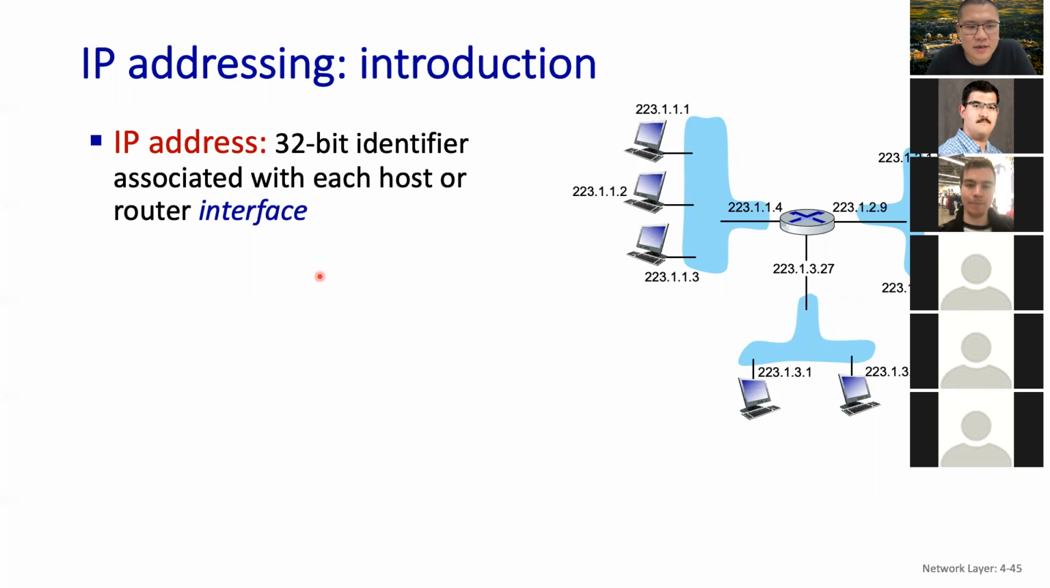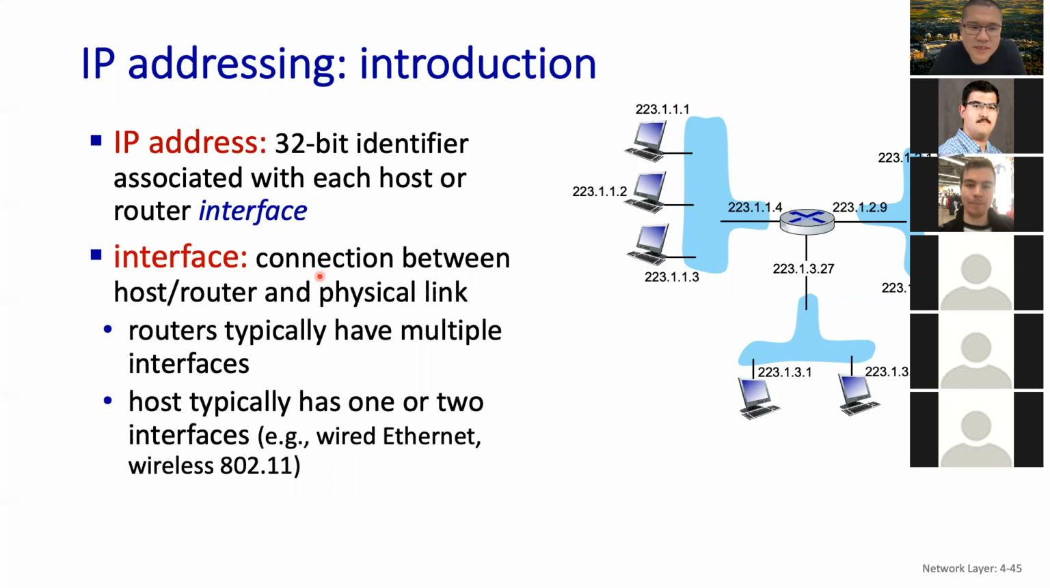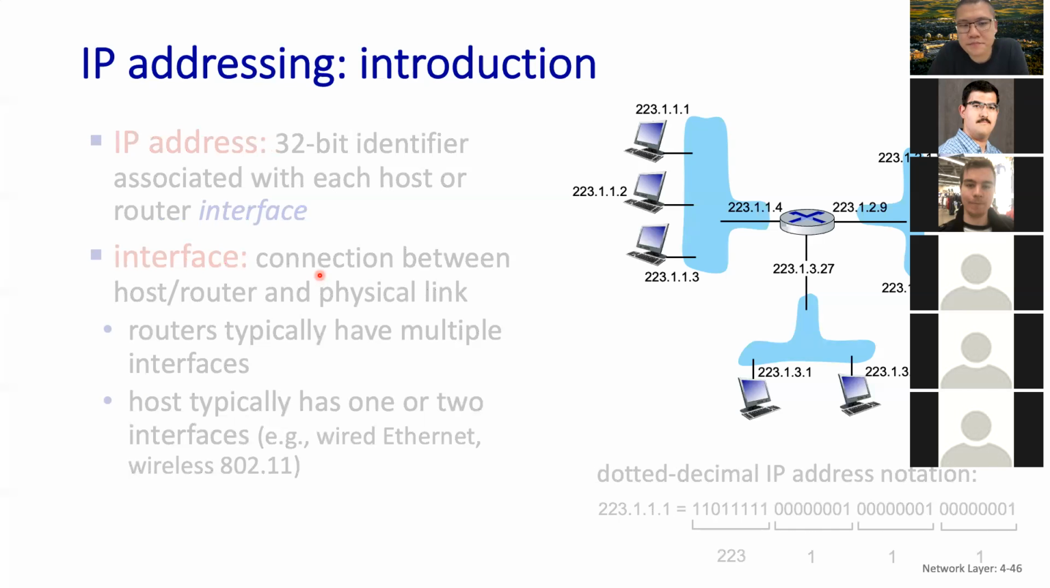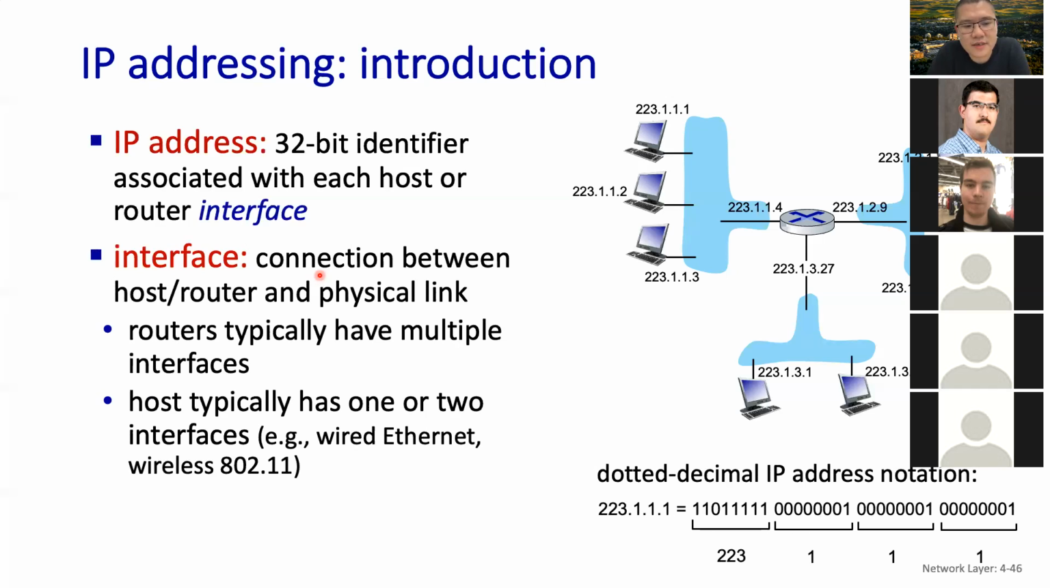And as I mentioned, each IP address is a 32-bit identifier associated with a host or router interface. About the interface, it's a connection between the host or router and the physical link. The router typically has multiple interfaces, and the host typically has one or two interfaces. For example, the interface with wired Ethernet or wireless, here is the IP address. I think the order of the animation has some problem. Anyway, I should be first showing the